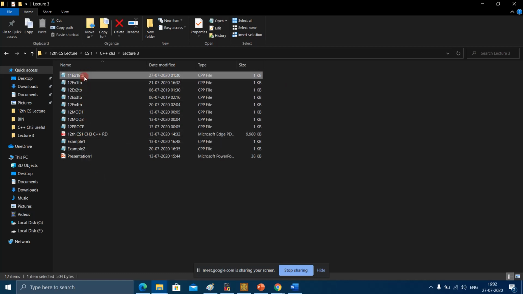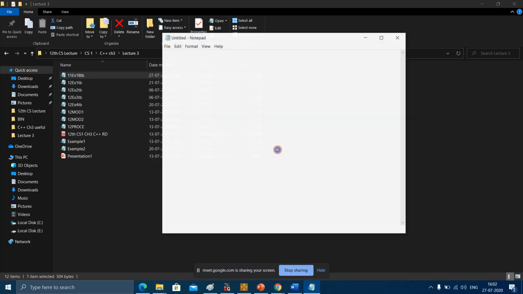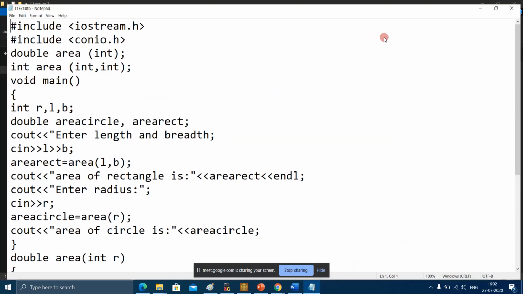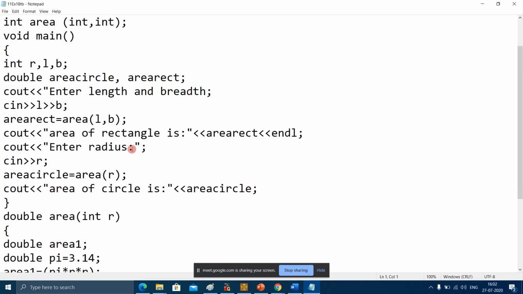I think this was the example. Yeah, this was the example we had seen, in which I told you that function overloading is functions having the same name but different parameters.